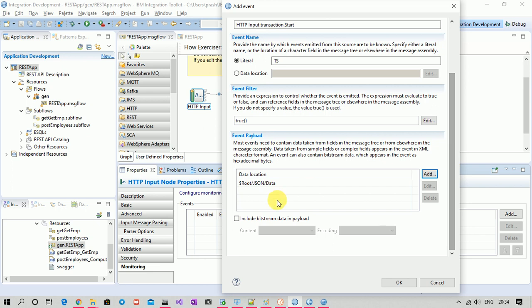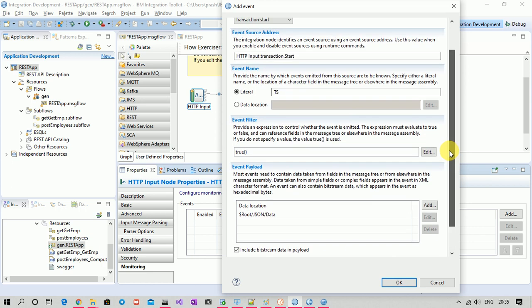Now this is the bitstream, the event message, which is the payload coming in input. We can also choose to receive it in some encoded form. If we want, we can choose blob, or if we want to receive it in base64 binary, we can do that. We'll see how this works. So I am currently choosing these things.